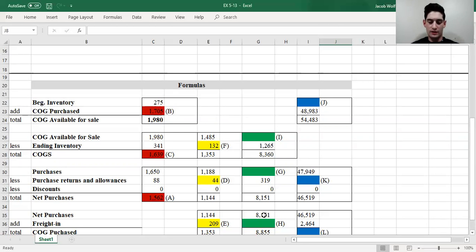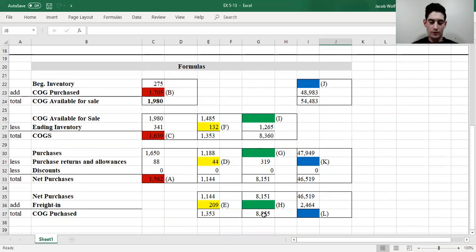That's 8,151 minus 319. Sorry, we'll actually want to add those. So scratch that. We'll take the 8,151 and add the 319, and that will get us to